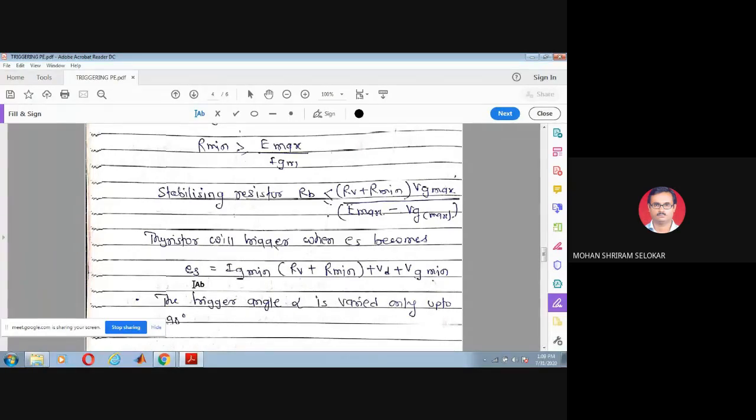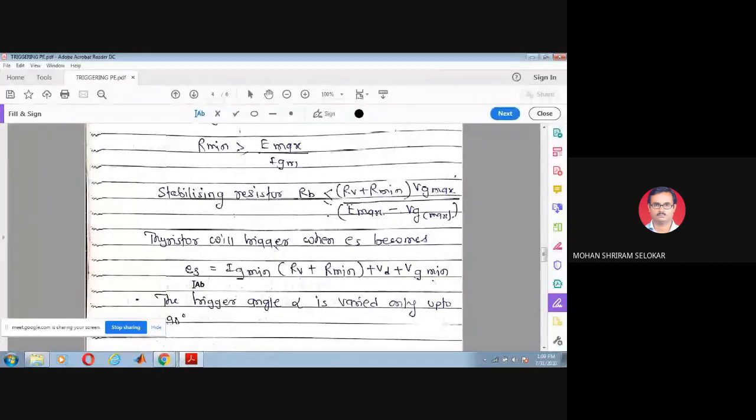So ultimately what I'm trying to say is that the maximum delay which can be achieved with this is up to 90 degree. You can set the RV such that the required gate current will be achieved at the peak of the input signal, and that peak is reached at 90 degree. Therefore, I am saying that the trigger angle alpha can be varied between 0 to 90